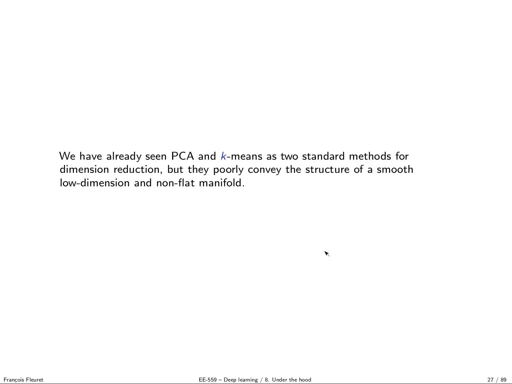So we saw that PCA or K-means are standard ways of reducing dimension while keeping information, but they very poorly capture the structure if your manifold is not flat, in the case of PCA, or not clearly dispatched into clusters, in the case of K-means.